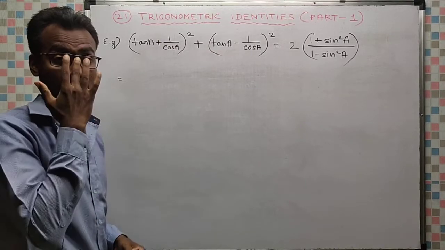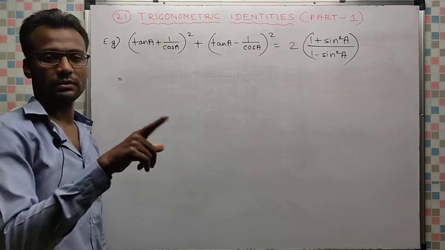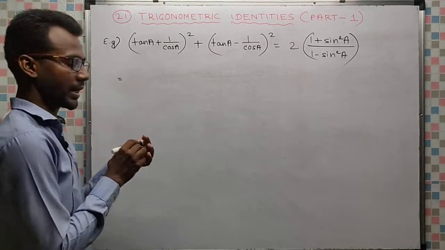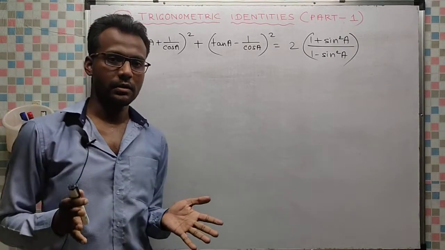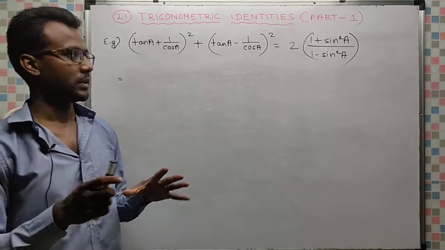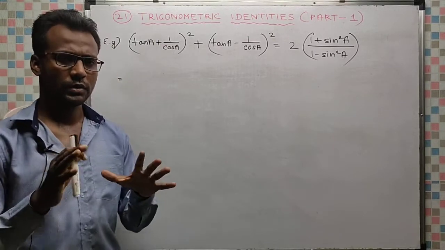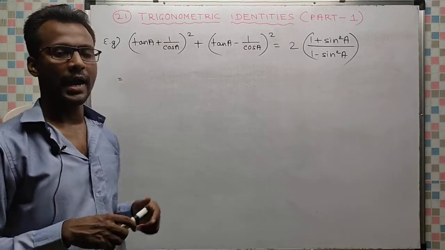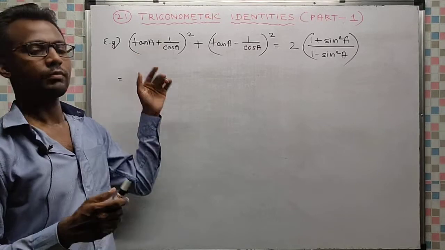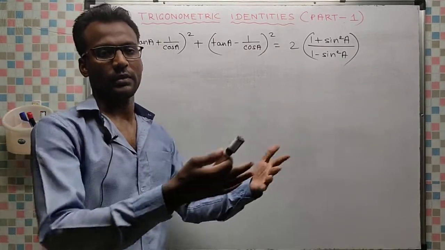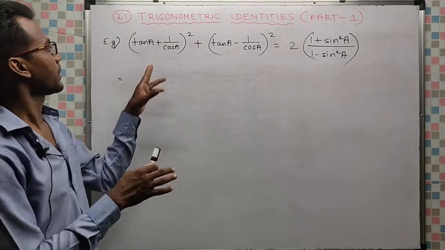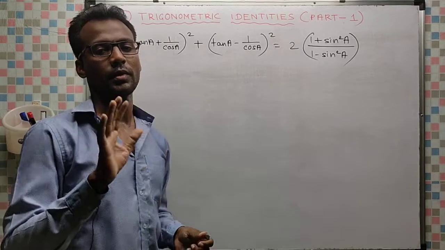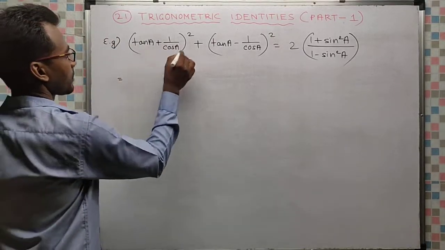There is some relation between tan A and sec A: sec square A minus tan square A is equal to 1, so maybe we will be able to use that. So let us convert to sec. What I told is, when you do not get any idea, at that time convert everything to sin and cos. But after practicing you will be acquainted with this. I did not convert to sin and cos because I could see further; instead I can convert this 1 by cos A to sec A. This will come after practice.